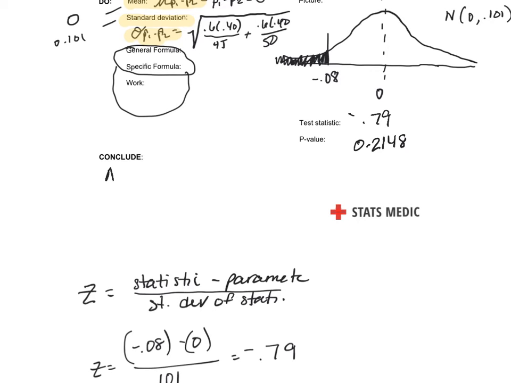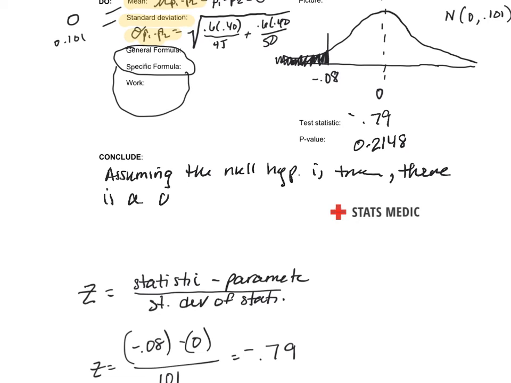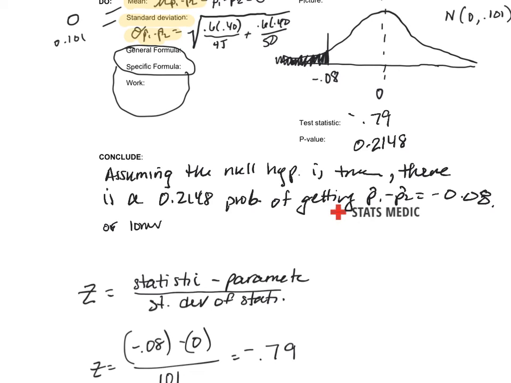So assuming the null hypothesis is true, there is a 0.2148 probability of getting p hat 1 minus p hat 2 to equal negative 0.08 or lower, purely by chance,